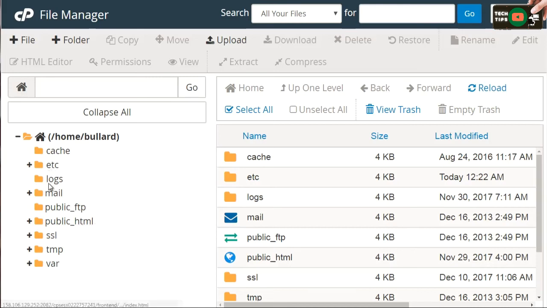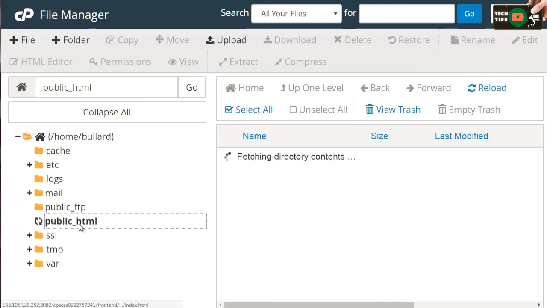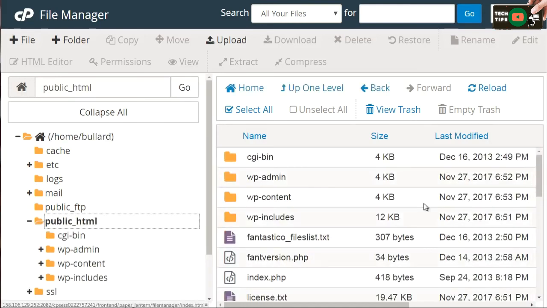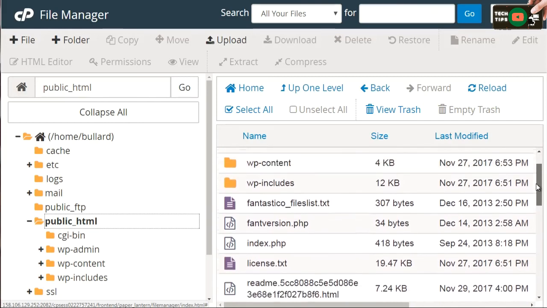All of the rest of the folders here may pertain to your email system, to files that are related to other than what people actually see. So we're going to click this here. And right off the bat, you see a bunch of WP-, which basically tells you there's a WordPress site inside here. But if we scroll down here, I want to show you